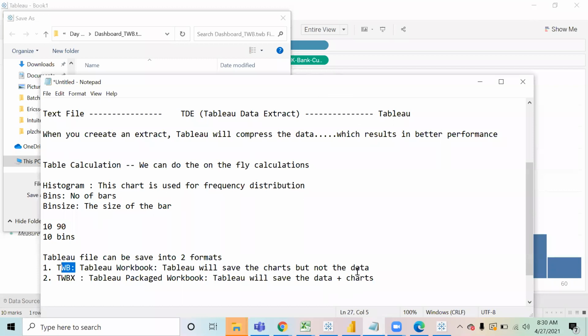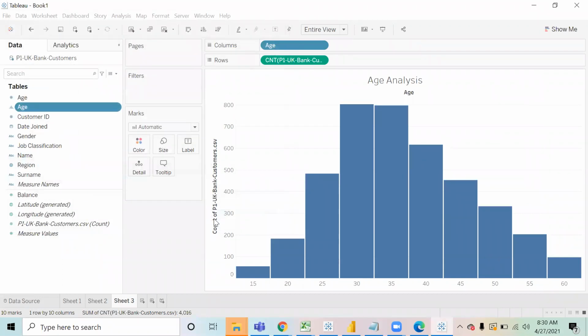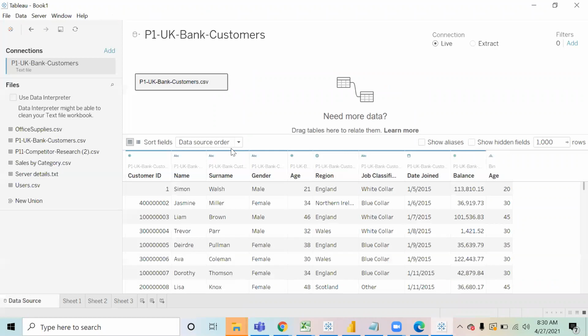Still, I think you all will have doubts on this. What does it mean, it doesn't save the data? So let me tell you. If I save the file in the TWB file format, Tableau has not saved this data inside the file. Now, if I close this file and open the file again, Tableau first of all is going to hit this CSV file.